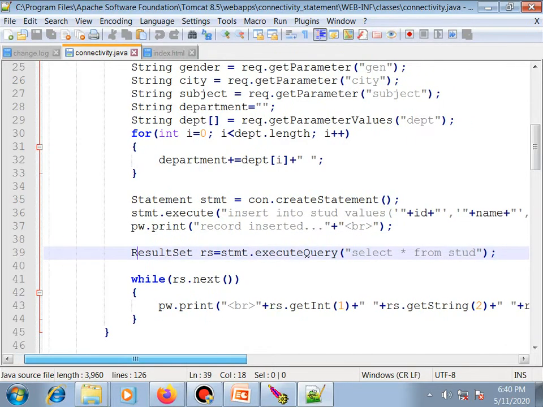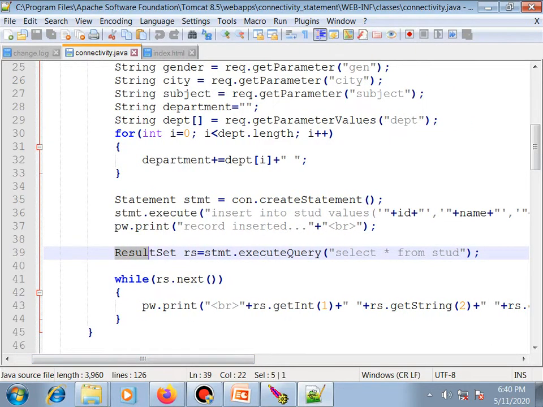For display purposes, we use the ResultSet interface. How can we write the query for the result set? statement.executeQuery, select star from the table name, which is stud.